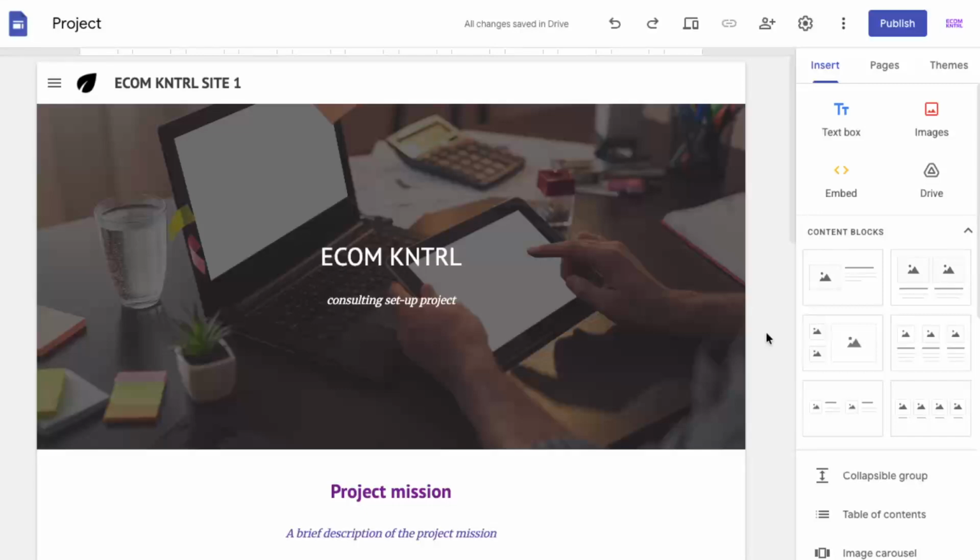small edits from there. First, go to your Google site in edit mode. Make sure you're signed into your Google account, then open the site you want to work on. You should see the Google Sites editor with your page in the main area and a panel on the right-hand